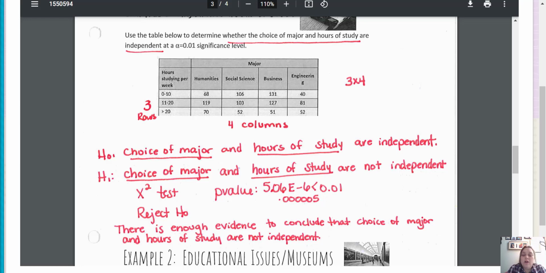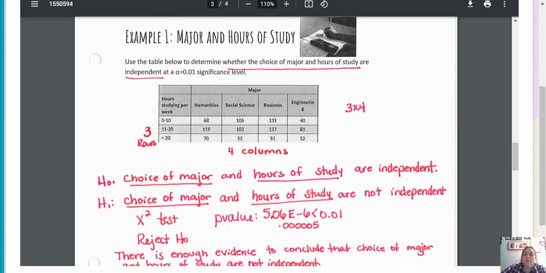Hi everyone, in this Rguroo tutorial we are going to do a hypothesis test for independence. So we have an example that we worked previously with the TI calculator. This time we're going to work the same problem with Rguroo. Use the table below to determine whether the choice of major and hours of study are independent at a 0.01